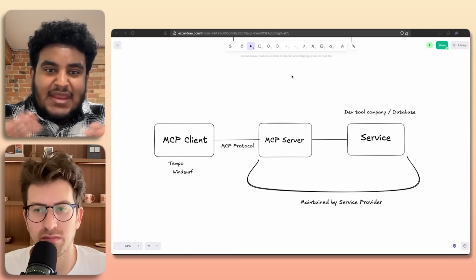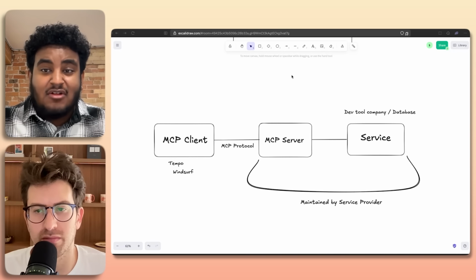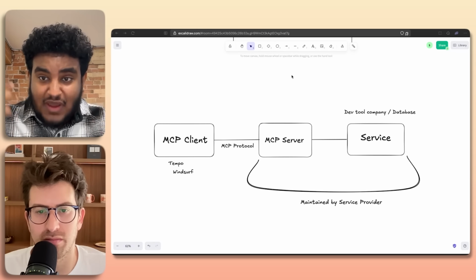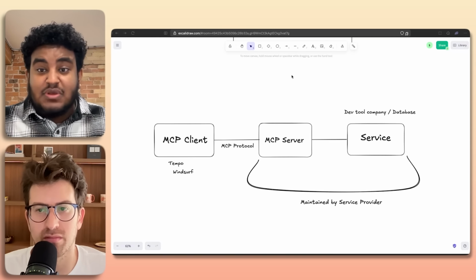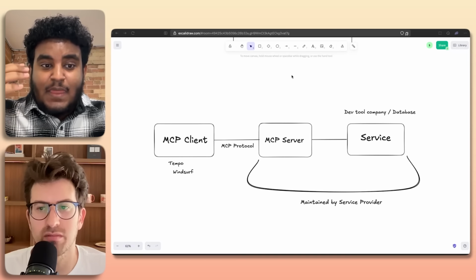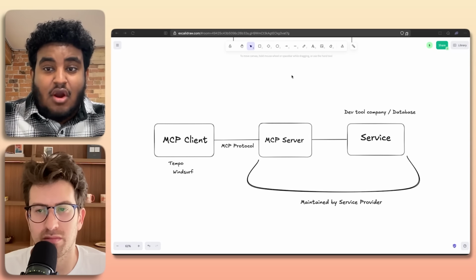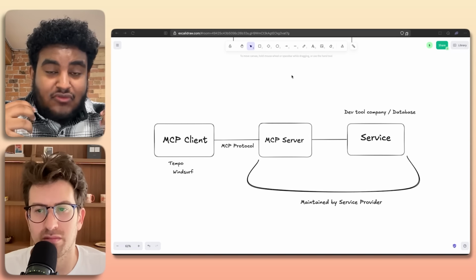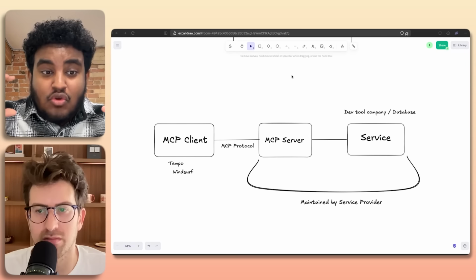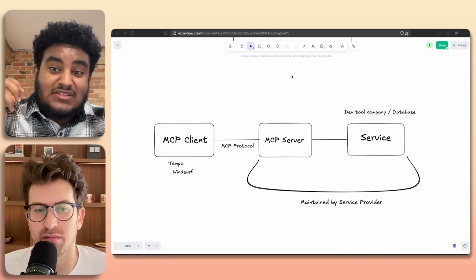Because you can construct any system, any API, however you please. The problem is, if you want to scale, you want to grow, you want other developers, other businesses to connect and work with your service, it has to be in a fashion that makes sense for them. Imagine if all of us just spoke different languages, but standards allow us to communicate in a way that makes sense to all of us. And MCP is that for LLMs, because LLMs by themselves are not that capable. They're systems that have great predictability and they know how to predict the next word. But when you add this MCP protocol as a whole, you now have a way for it to be capable